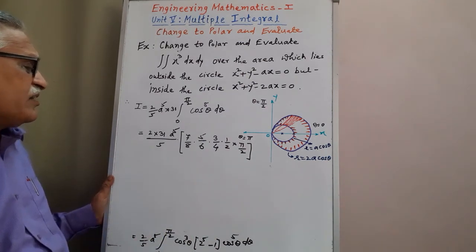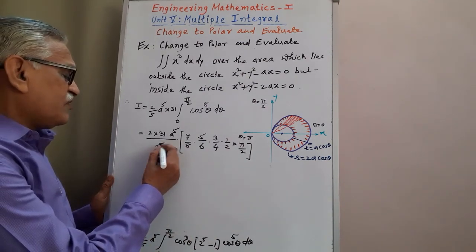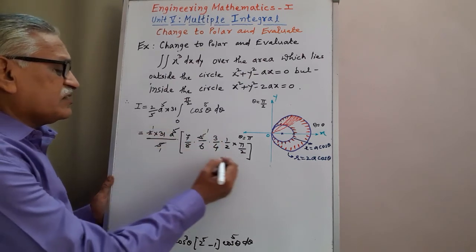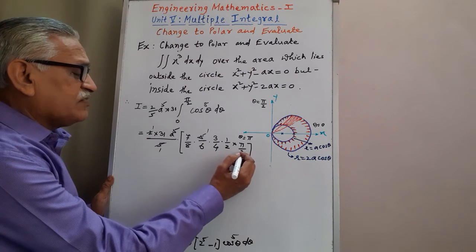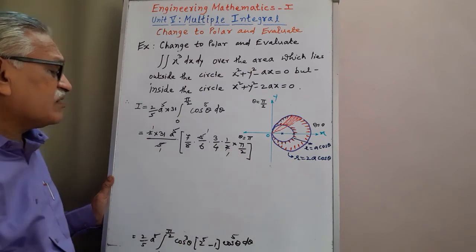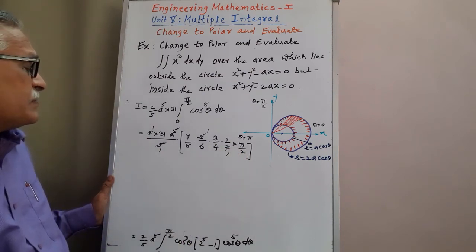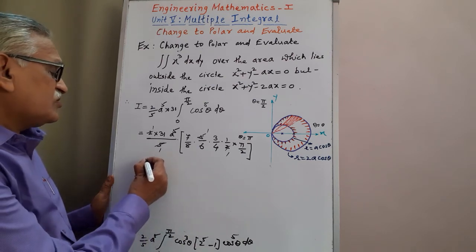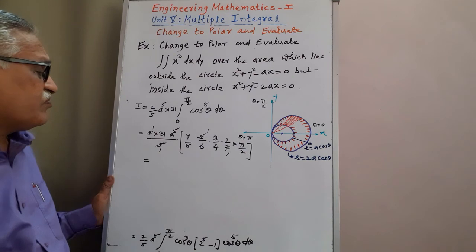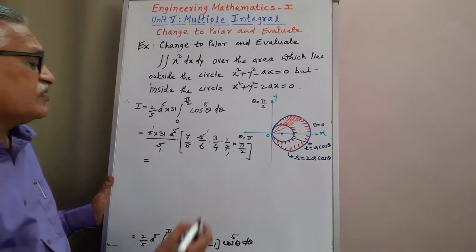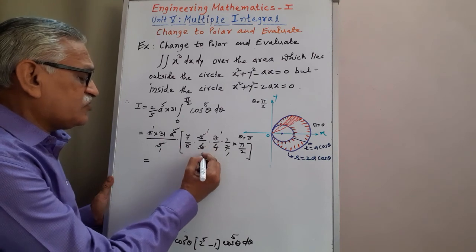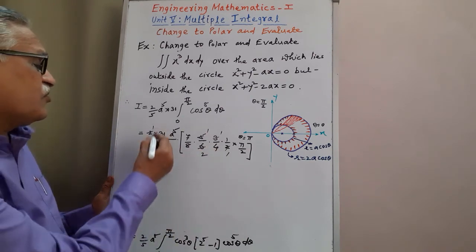And then simplifying it, this 5 gets cancelled, 1 2 get cancelled, 3 1s are 3, 3 2s are 6. Therefore, it is